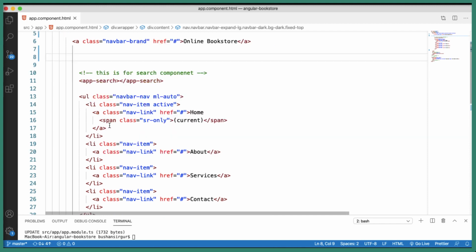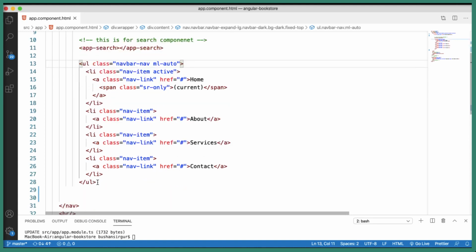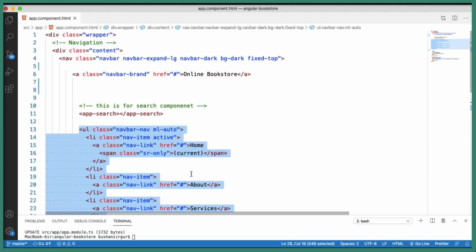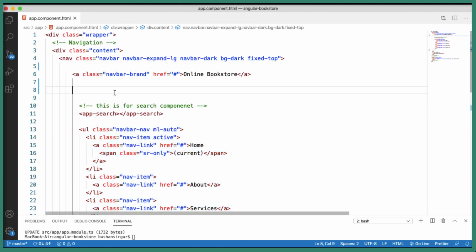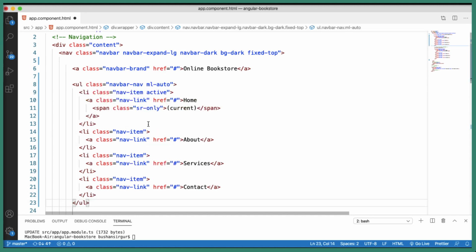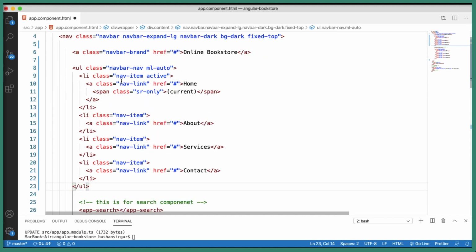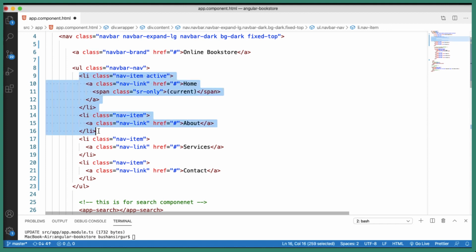For that, I'm going to copy this part, take a copy of this and paste it at the top. Let me get rid of this margin-left auto, and I'm going to remove the first two list items, the home and about, so we don't need that.